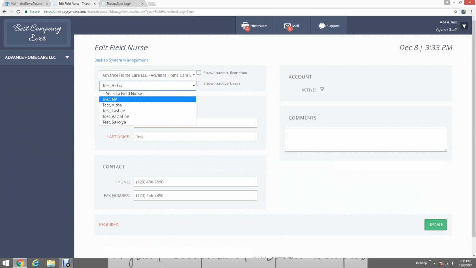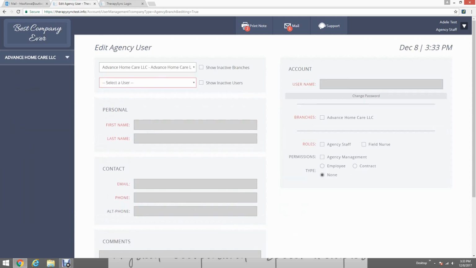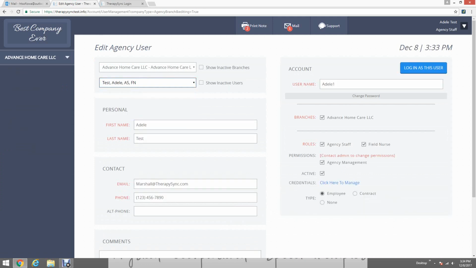I don't know if it's going to let us do this in this one. It's not. Okay, so normally, I wonder if it'll do on the other one. Sorry, I'm not in the nursing side very often. Here we go. So you got to go to the edit users, and you're going to pick a user, whoever you need to change it for. I don't know where this advanced home care is from, but